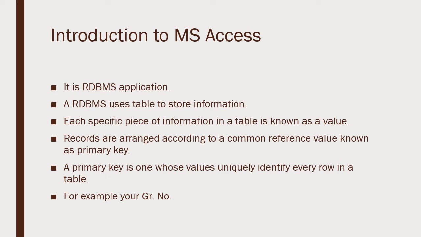When I show you, and we try to give the same GR number, or the same number which has the primary key applied by you, there will be a message: sorry, this is a duplicate value, insert a new one. So through this PK, primary key, we avoid the duplication of data in a table. I just gave examples like GR number, roll number. This should not be duplicate. It should be different. It should be unique.